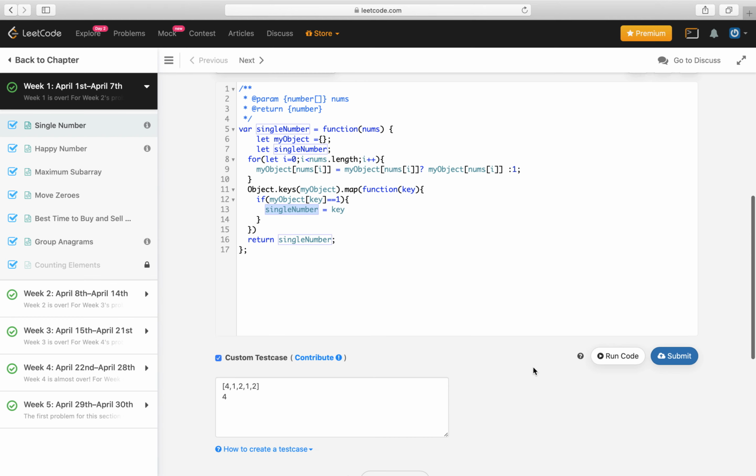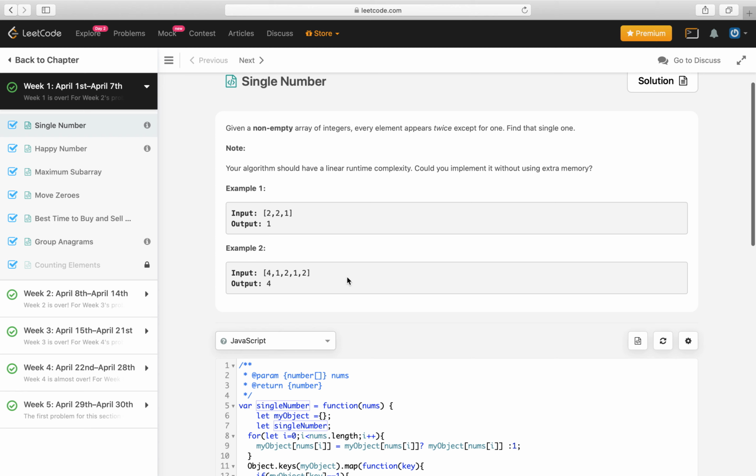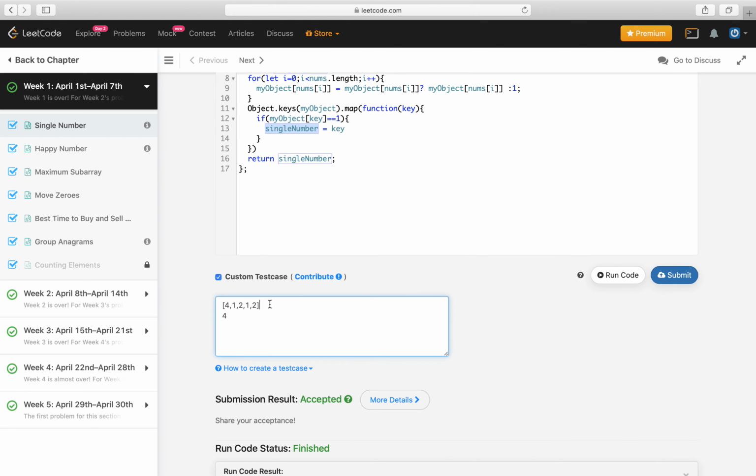Yeah, this seems correct, and let's try this with 2 2 1.